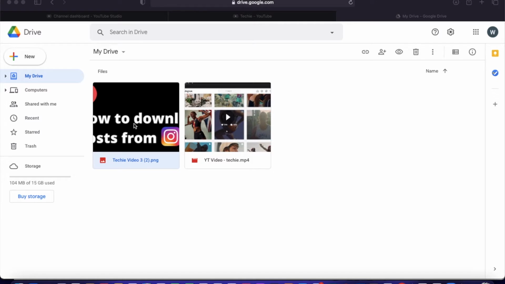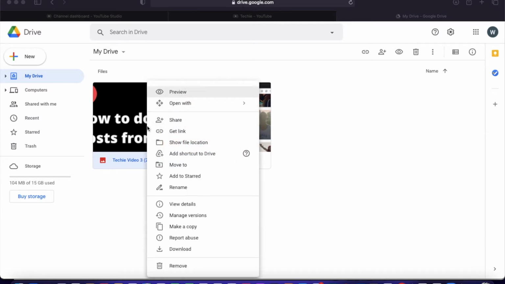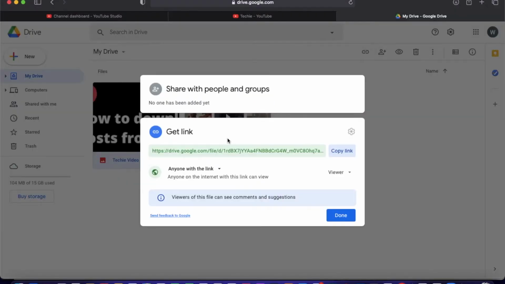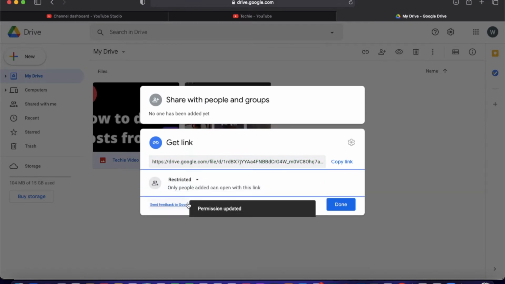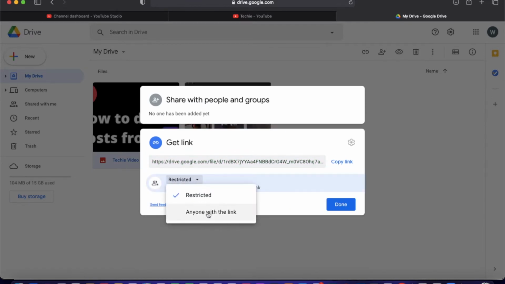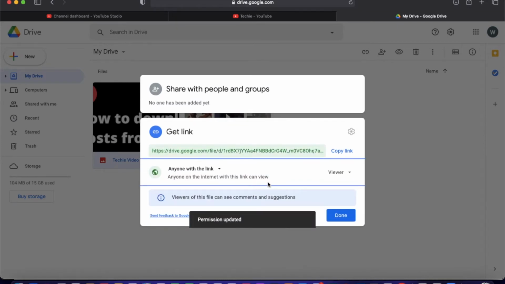Let's just click on this particular image that we have here. Alright, then we go on get link. Now one thing which you guys need to take care of is we need to change this setting here. Now my setting is default that anyone with the link can view this particular URL, but in most of the cases it is restricted. So in your particular drive, if it is restricted, then you need to change this setting to anyone with the link for that particular file only. Then what we'll do is we'll copy this link here.